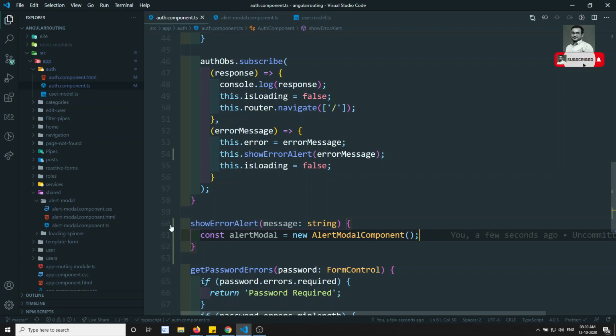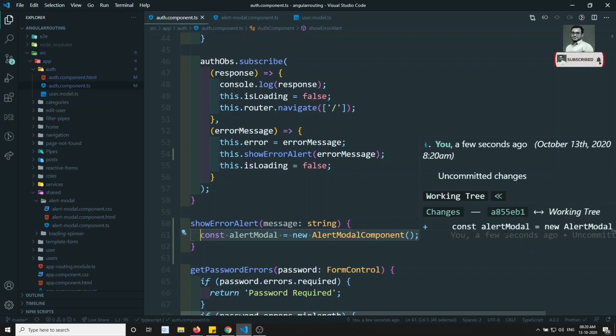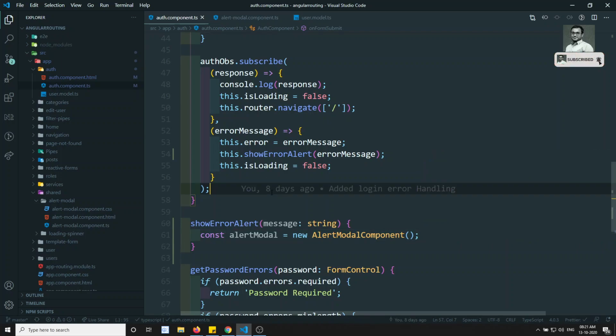So will this one work? As TypeScript basics, creating an object from the component is correct, so Angular will not throw any errors, but the component will not work. Creating an object alone is not enough; it needs more than that.